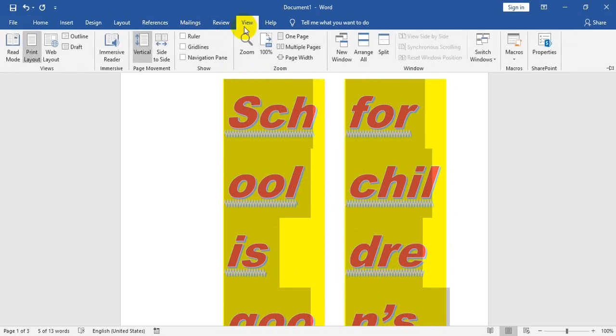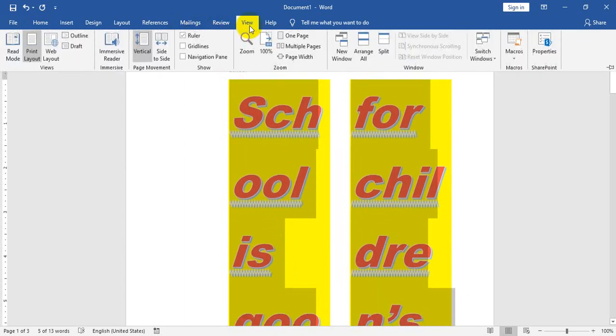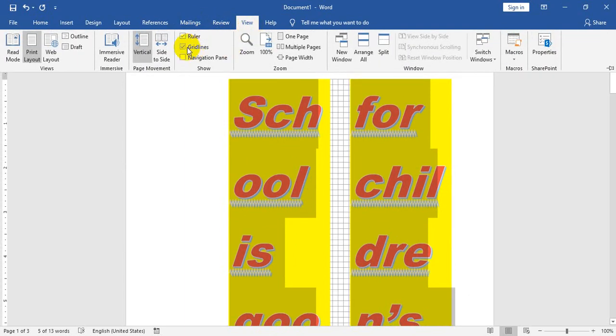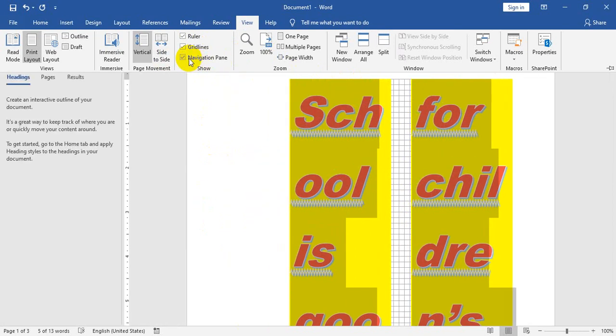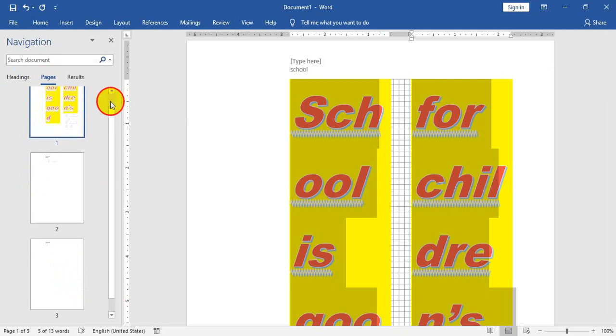Okay. Now if you click here on view and click on ruler, the ruler will be displayed here. Similarly, if you click here, the grid lines are displayed here, and here I have applied the column, otherwise it will display the grid lines on the whole page. And the navigation panel shows, for example, in which page you are working, on the first page, or that we have 3 pages, so it shows the total number of pages.